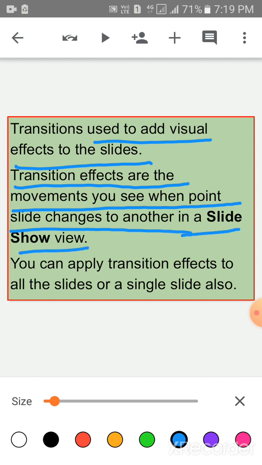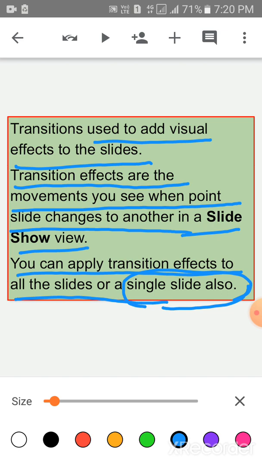When one slide follows the other slide, at that time you can give the transition effects. You can apply transition effects to all the slides or to a single slide also.